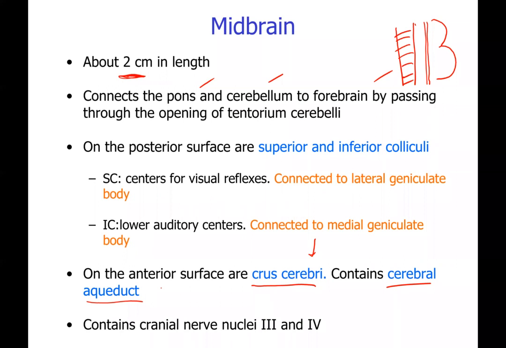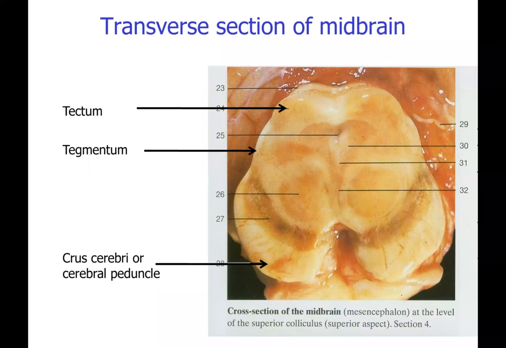Then the midbrain contains the third and fourth cranial nerve nuclei. Third and fourth cranial nerve nuclei are in the midbrain. So if we look at the picture now, this is a cross section of the midbrain at the superior colliculus level. Now in this section, you can see this is the posterior side,